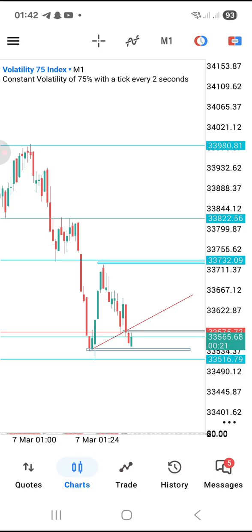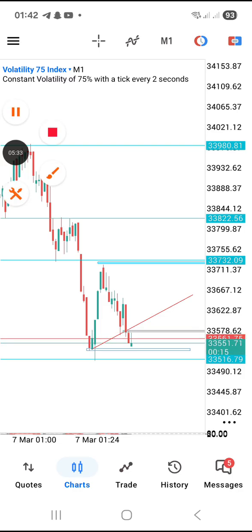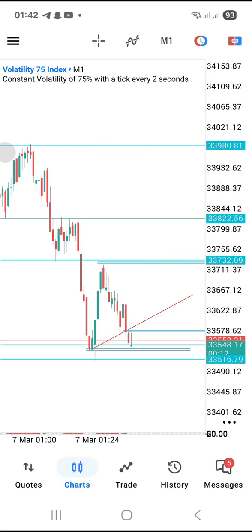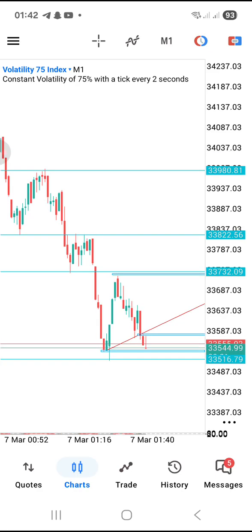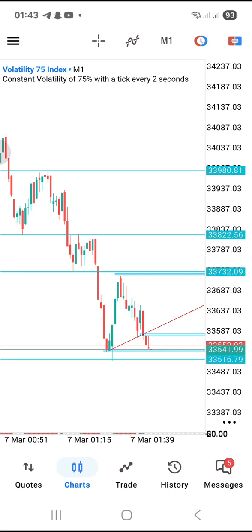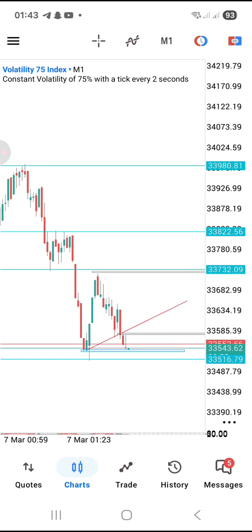We have to be patient. We have to be patient, wait a little, and see if it gives us a trading opportunity. We're still waiting. You know, the market has a way of baiting you, making you enter too early. Remember that